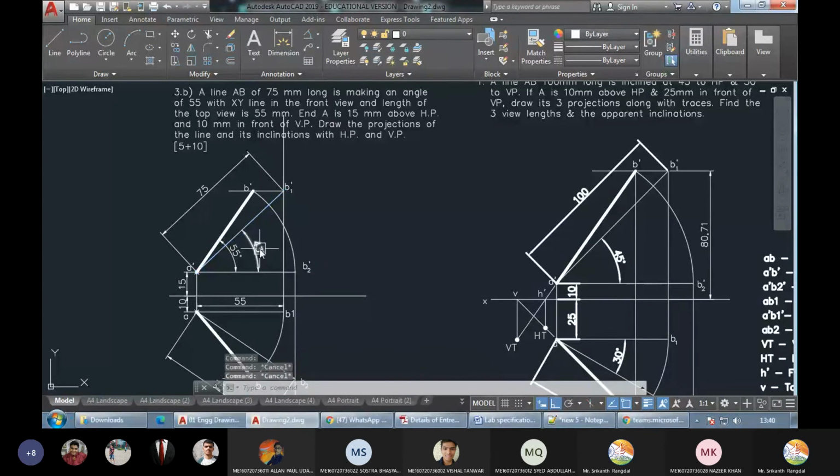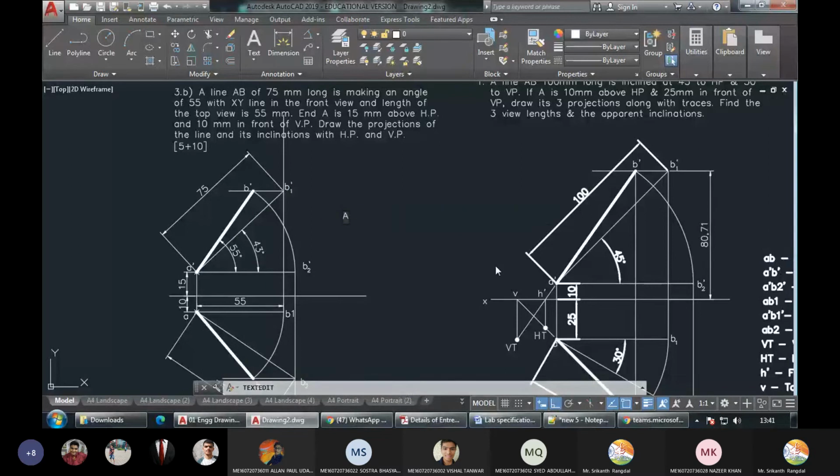So angle with HP is this much. Okay. So answers. So first answer, what is that? Angle with HP. What is the angle with HP? Angle with HP is 43 degrees.